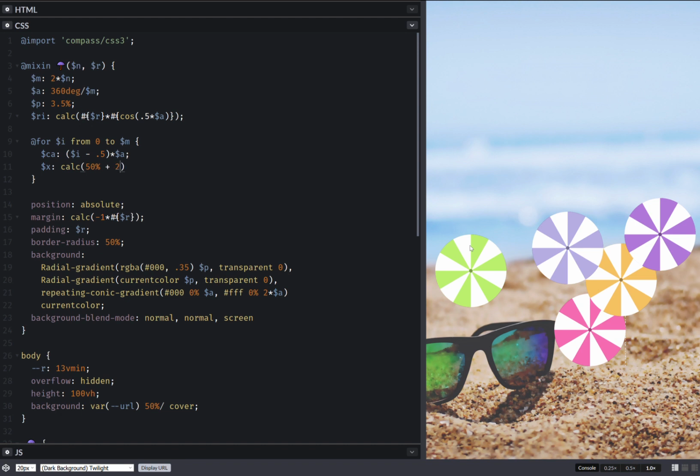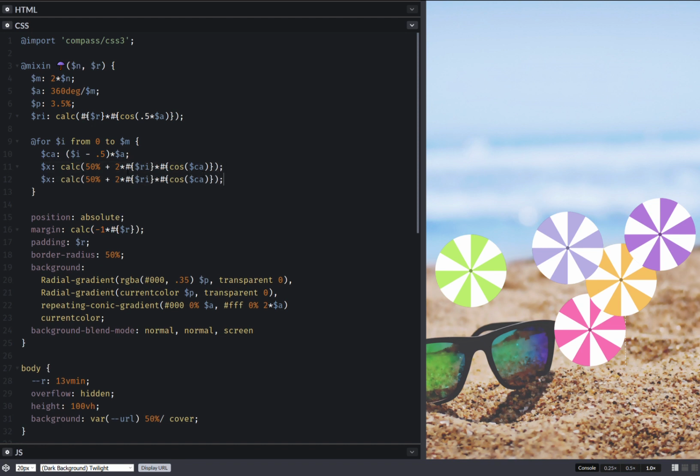So the radius here is going to be twice the in radius, times cosine of the current angle. Okay, now we need to interpolate the in radius, and we need to interpolate the cosine. Okay, having done this,